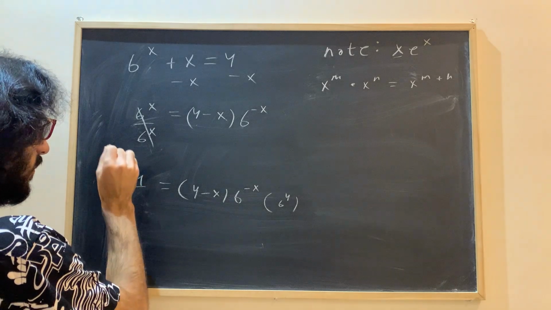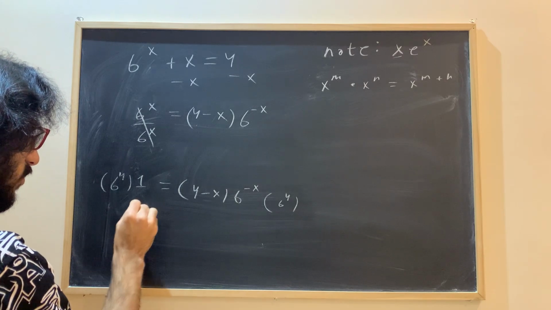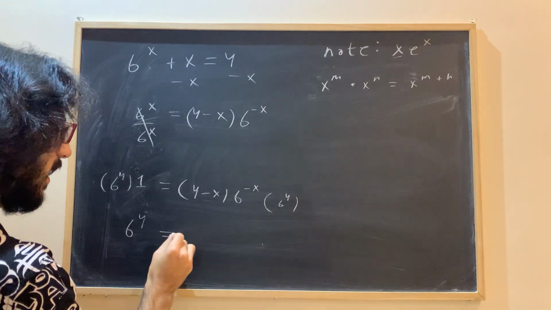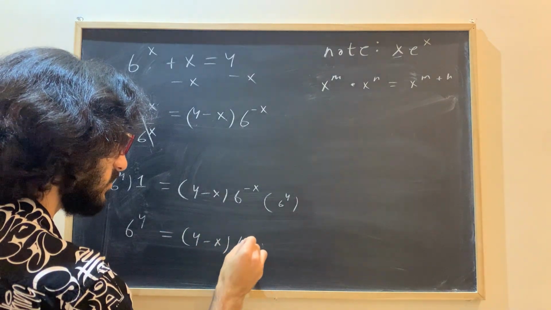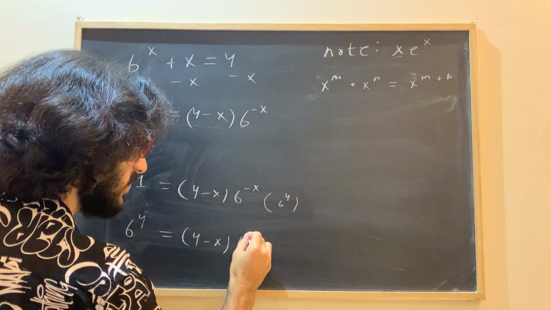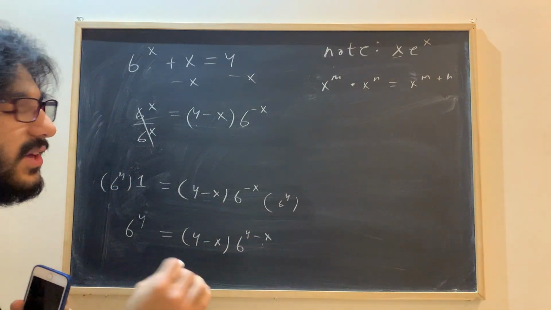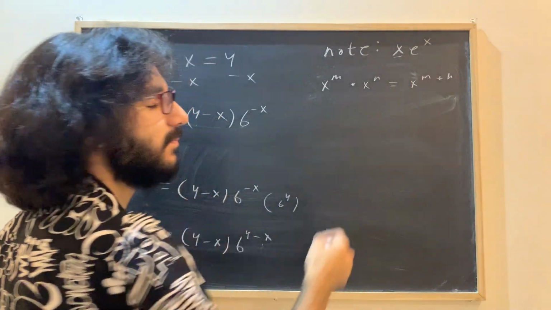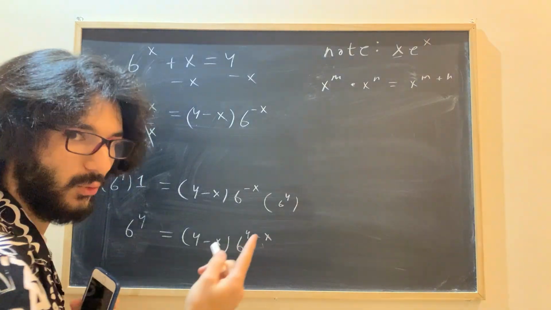6 to the power of 4. Obviously here, 6 to the power of 4 times 1 is just 6 to the power of 4. Then here we get 4 minus x, because 6 to the power of 4 and the negative x combine to give 4 minus x. Oh my god, that's perfect. We have the x here, but again we need the e. So what do we do? We can rewrite this. How? Well,